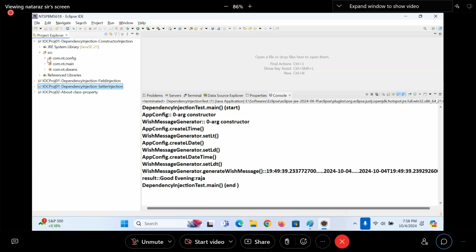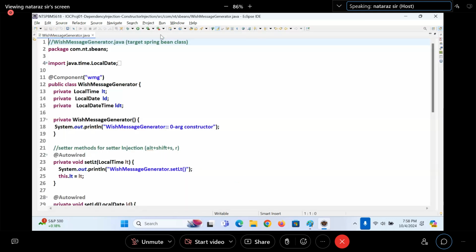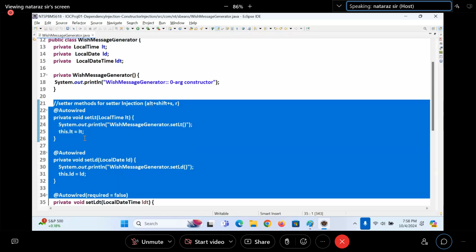Let's look at the positive side. Total, how many properties are there? Three. So I need to take a three-param constructor. Forget about all these setter methods.